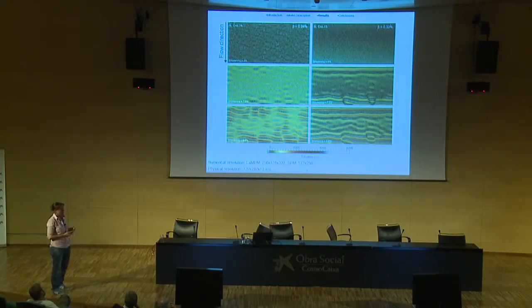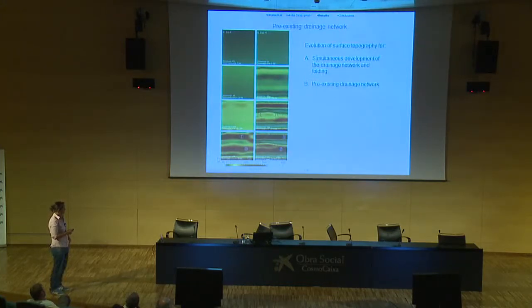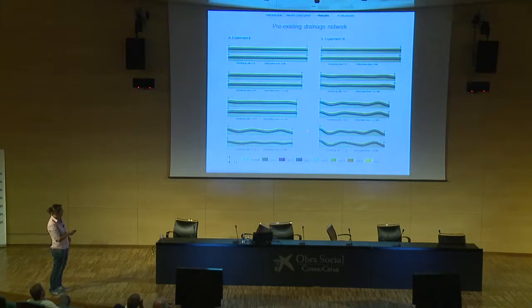And now the question was, what happens if we have a drainage network which is already in place when we start deforming our model? We keep the same erosion conditions, so the same slope and the same river incision. This model here is the one with a pre-existing drainage network, whereas in the other case the drainage network was not in place. And we see that we have buckling much earlier than in the case where surface processes occur with deformation. If we look also at the vertical section, it's even stronger when we look at the amplification of the fold.